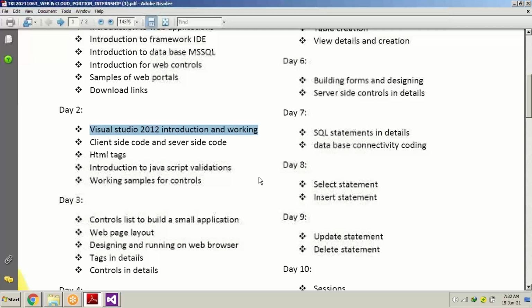What are client-side codes? What are server-side codes? What are HTML tags? Introduction to JavaScript validations. What is validation? What is JavaScript? Remember, Java programming is different, and JavaScript is different. If I say I design applications on Java, that means that particular person uses Java as a programming language.